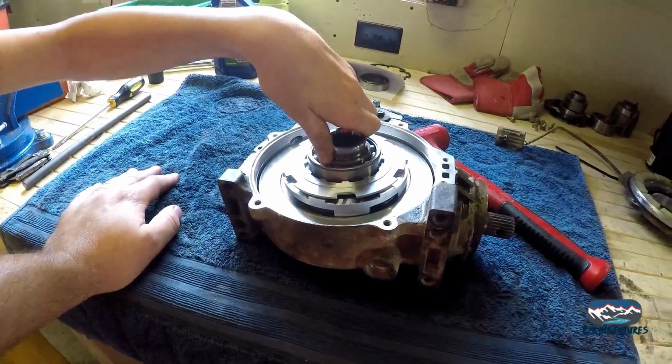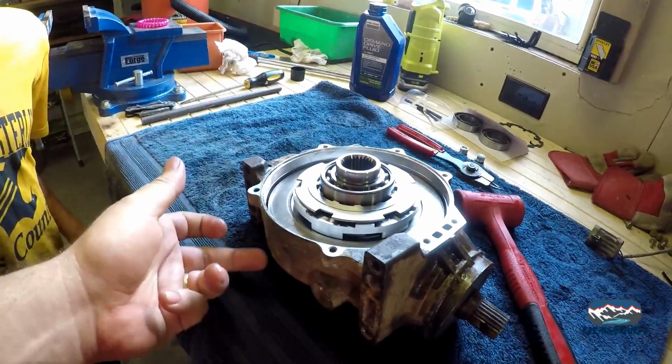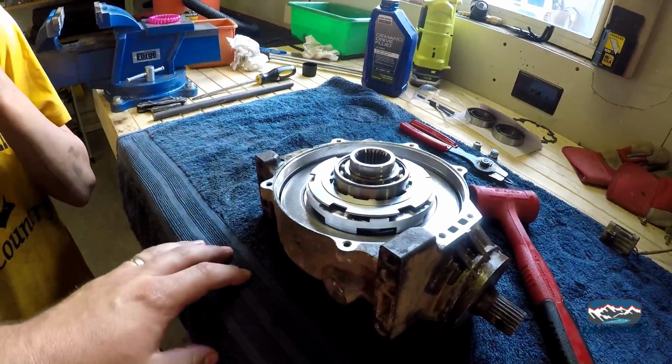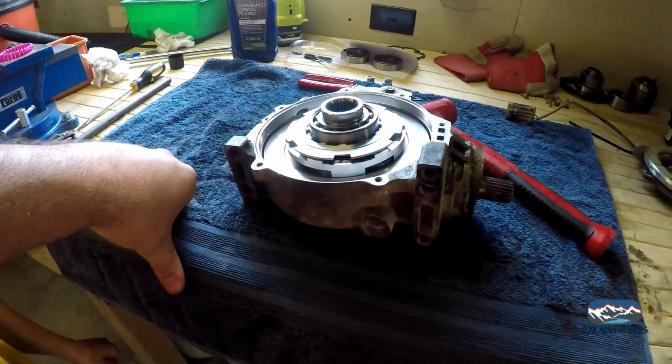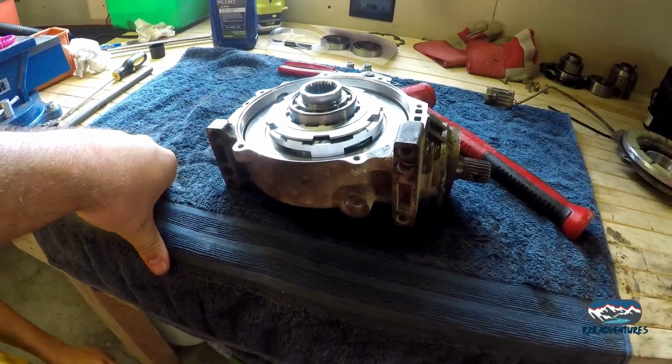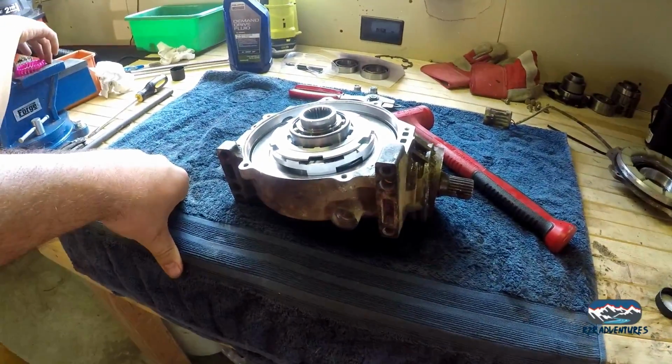Yeah, it's not lubed up, and the output shaft on this side and the output shaft on the other side are rubbing together. Oh. Because there's no lube in there yet to keep everything from touching, I guess. So we're going to lube her up and...